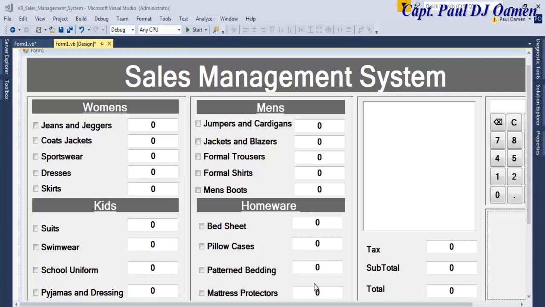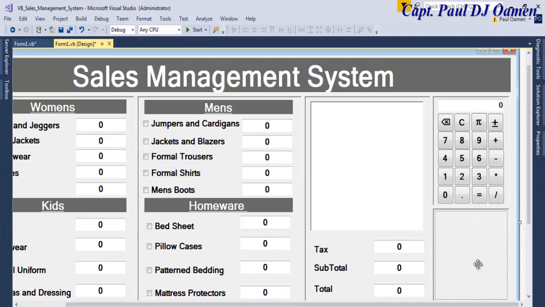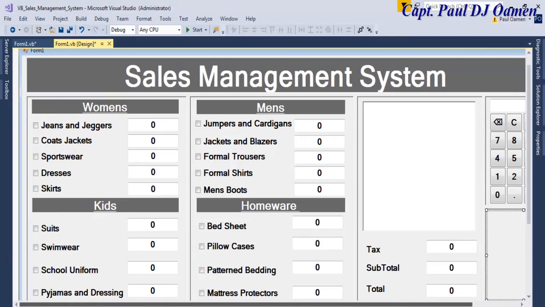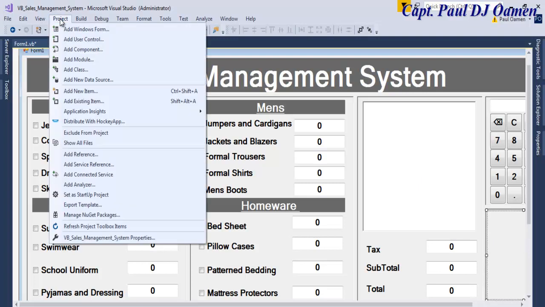Alright, welcome to the third part of this tutorial. What I want to do now is, you see this picture box in there. I would like to add some images. When I click on this, I want the product to be displayed here, and I will also like my own logo to be displayed in there. So what I'm going to do is go to project, and let's go to, I think